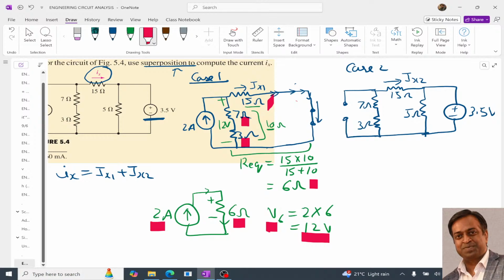And since this 6 ohm is the equivalent resistance of these resistances, it means that 12 volt will be dropped across this 7 and 3 ohm. Also the voltage across this 15 ohm will be 12 volt, because this 15 ohm is in parallel with a series of 7 and 3. And since the voltage across the 15 ohm is 12, it means that the current ix1,